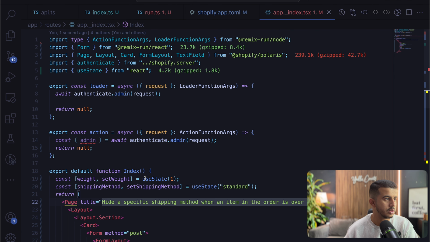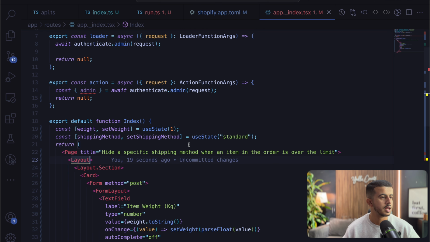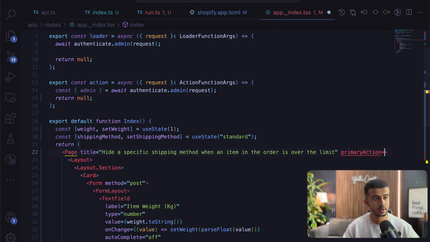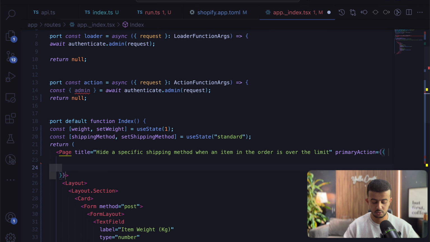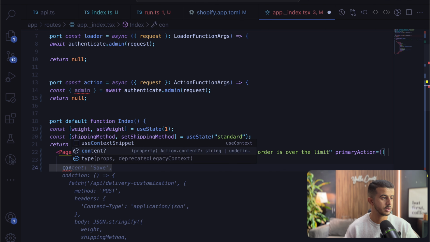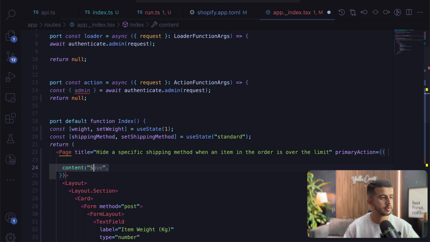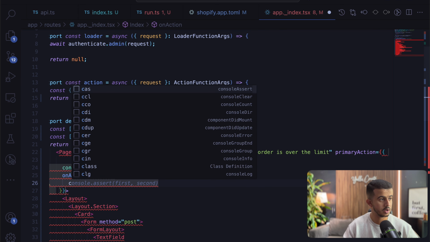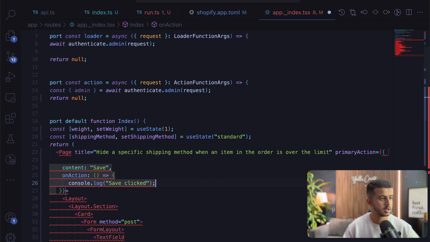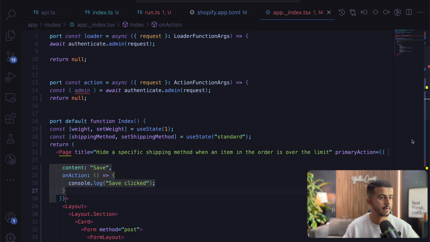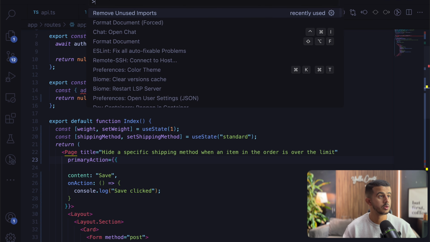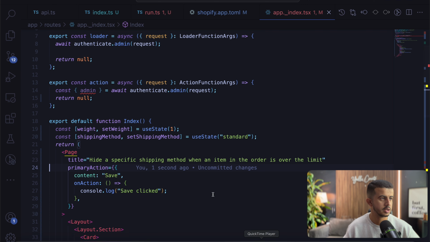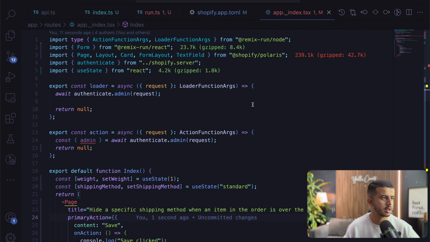And let's go and add primary action here. So the content, it will be save, and on action we can just console log that. So we have the save button, and let's build how we will handle the form